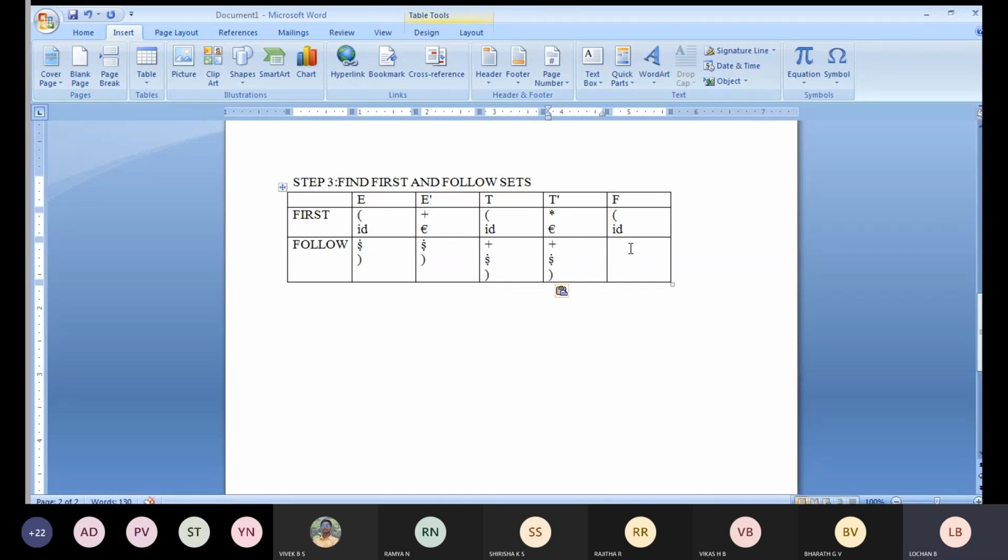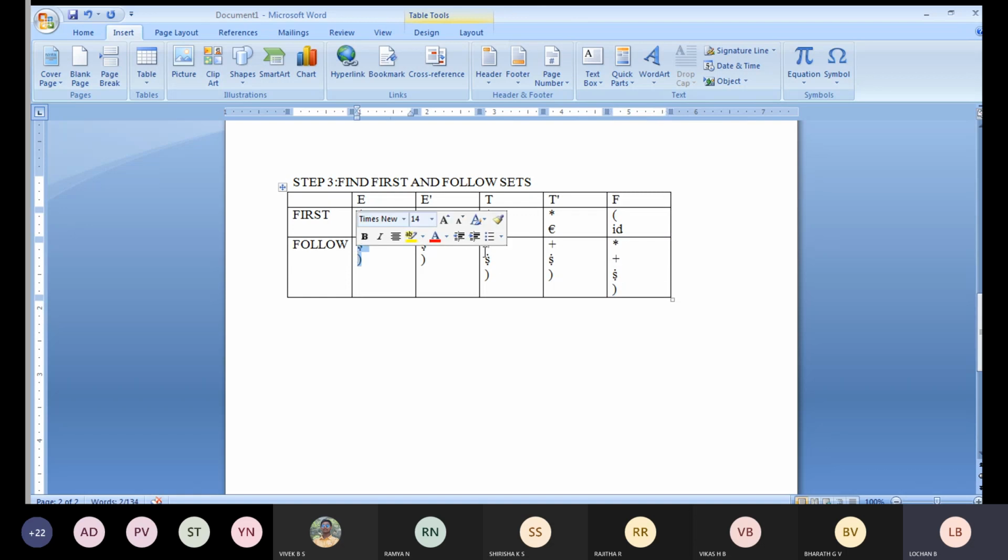The F, once again I'll copy paste here, same thing. But one extra thing you will be getting here, which is that particular operator in the F. Along with this you will be getting star. Remaining all those things, copy paste this one. So whatever this thing you got, I'm going to copy in your T. One extra thing I'm going to get is T. In the F part you will be getting star. Remaining whatever the thing you will be getting in the back side, we need to copy paste that one.